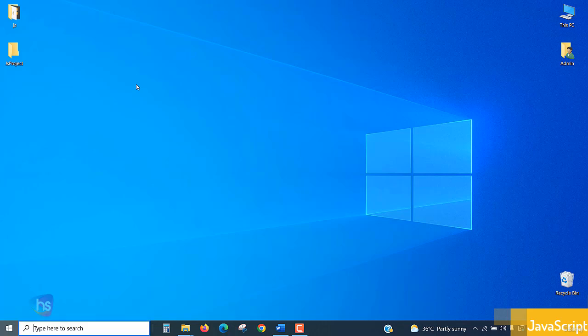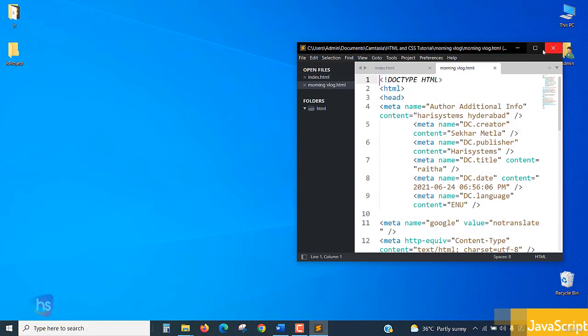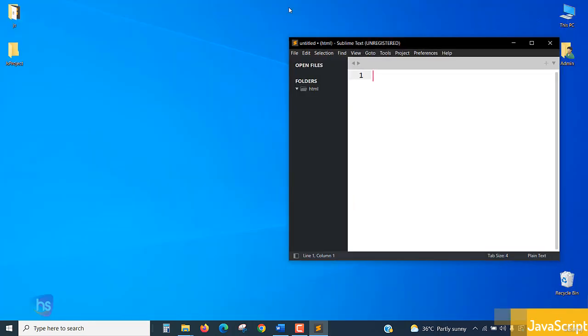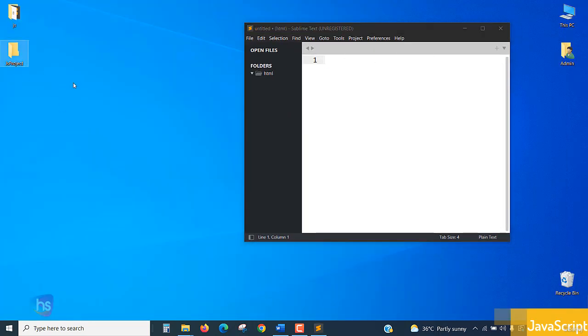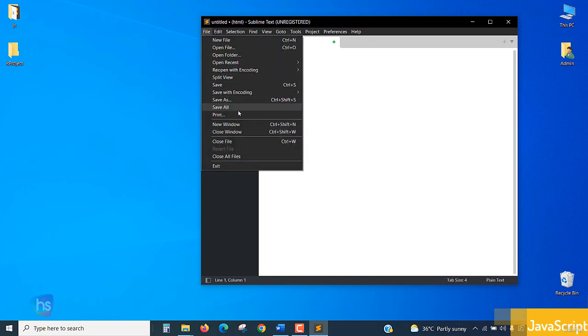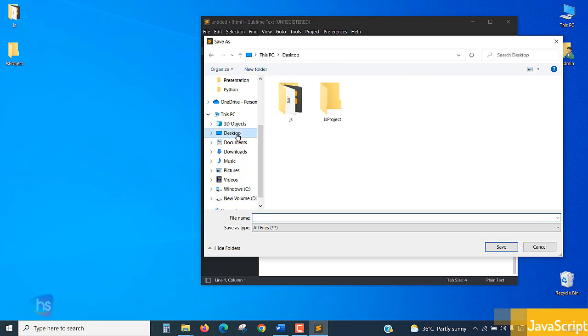Alright, let's see. I'm starting my Sublime Text editor by pressing the start button and choosing Sublime Text from my Windows operating system. Here I'm going to create a new file in this particular JS project directory. It's nothing but a directory; we are calling it the JavaScript project. So let's see: File, New File. This untitled file is shown. By pressing File, Save As, go to Desktop and choose the path JS project. Here you may create